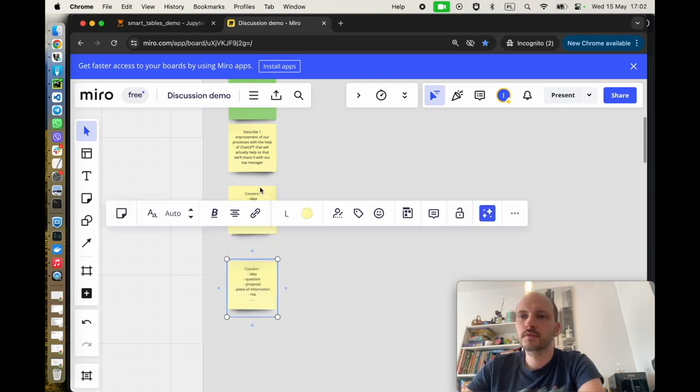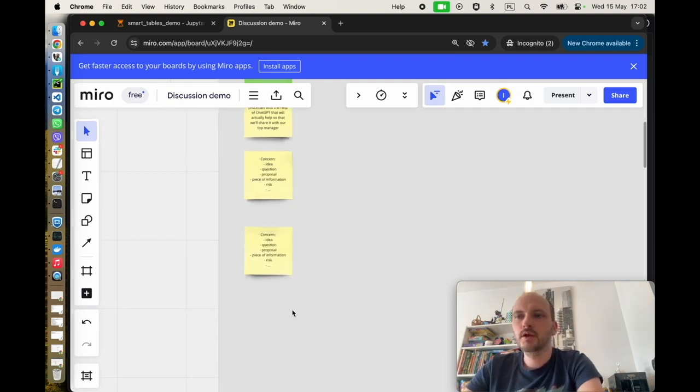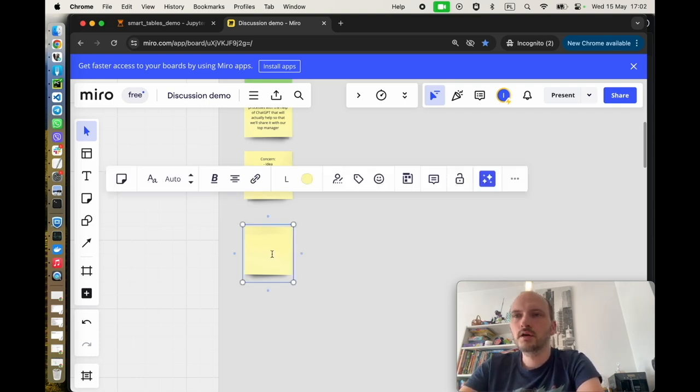So that's great. So this will be a block for concerns. And how do you write concerns? You just create a sticker and write like, what can ChatGPT do? I will generate them now by myself. But if